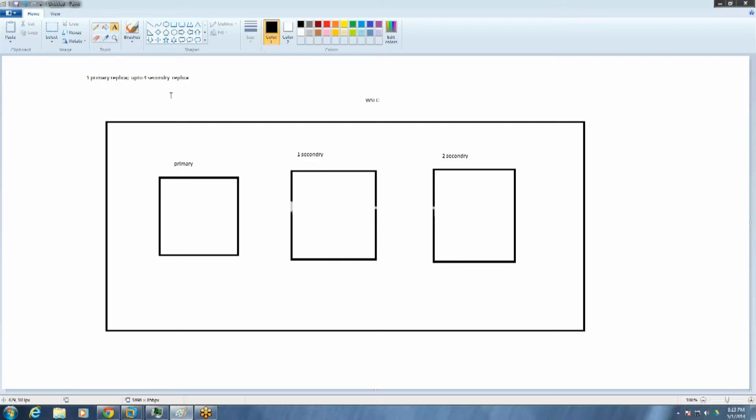In the same fashion, in this one we have synchronous and asynchronous. We can call synchronous the high safety mode and asynchronous the high performance mode.